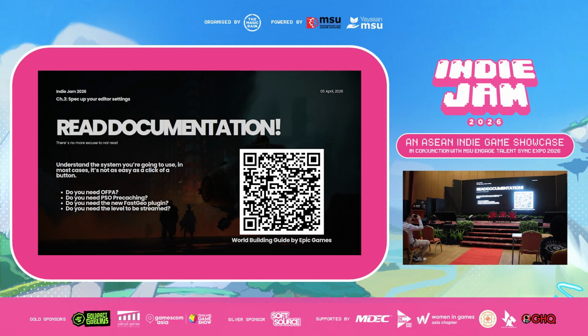I realized when people were having a lot of issues, I think there was one problem in my previous project where people were like, okay, why do I have 500 changesets? Back then we were using Plastic, because Plastic will automatically detect things that are changing, right? So we were working on a single level, and then the artist was asking me, oh, why do I have 500 different changesets? I'm just working on a level. I just move things around, but I have 500 plus changesets. Then we found out we were enabling OFPA, which is One File Per Actor. It's a feature in Unreal Engine. And that's where I realized, okay, if I actually study the documentation properly, you could learn a lot.